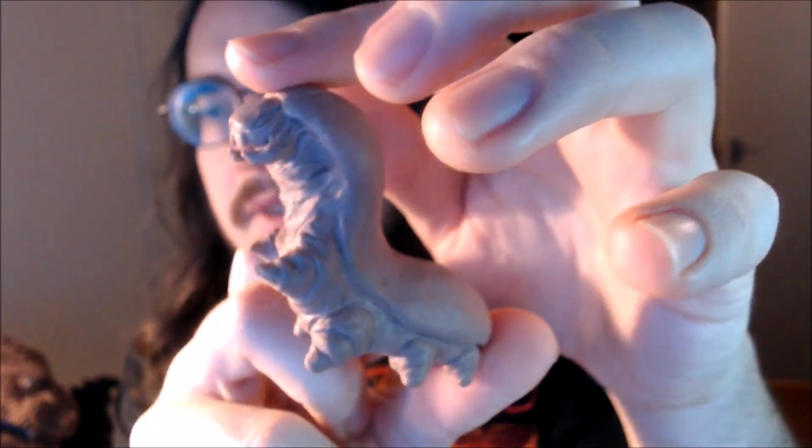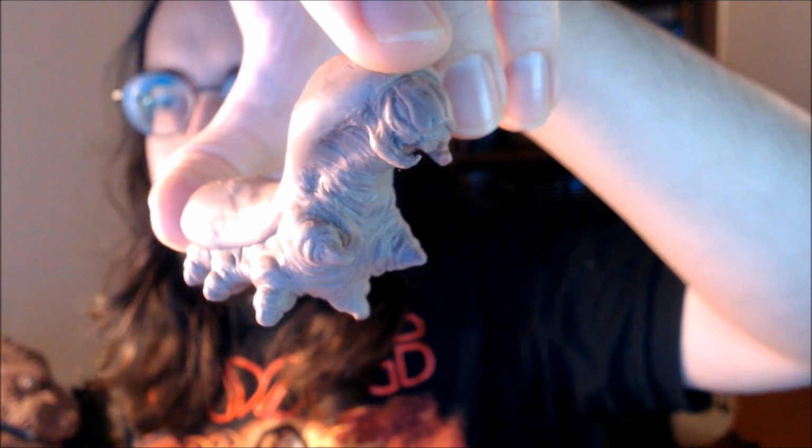I think she'll be very popular, because we really don't have enough figures like this, and hopefully she'll scale pretty well with some of your MonsterArts and NECA figures. Maybe she'll be a touch too large, but better that she's a touch too large than a touch too small, if you know what I mean. So that gives you a good little idea of what I've been up to